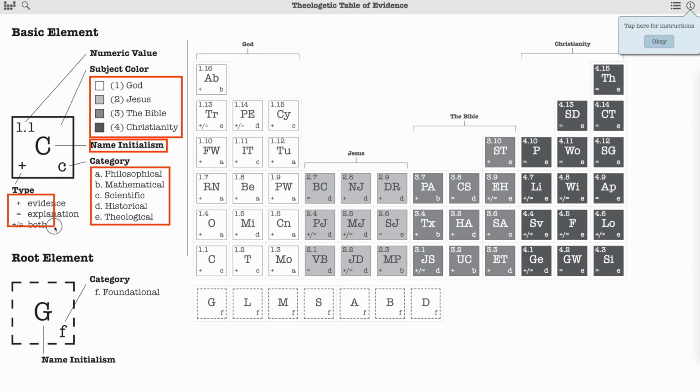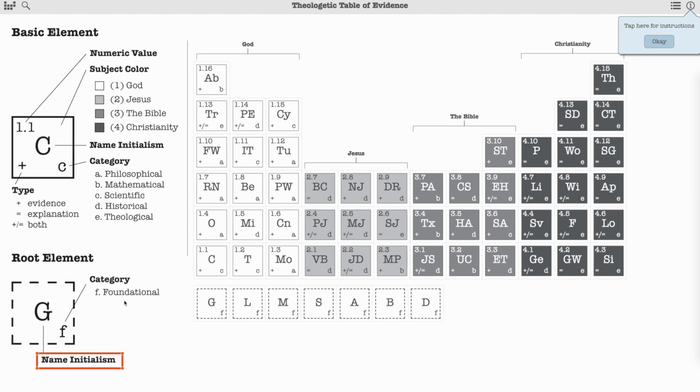And the type of element corresponds to 3 different options. When we're looking at a root or foundational element, things are a little bit simplified. We still have a name initialism, but our category for all of them is foundational. So if we're looking at a specific element, we can easily know that the 1 here corresponds to the God